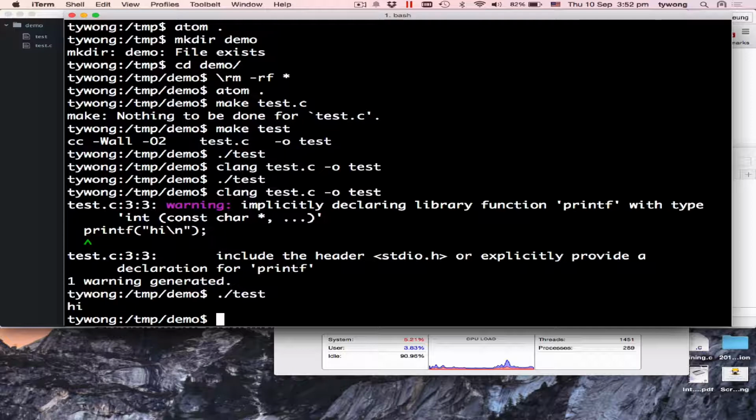So Clang is also a compiler, and some people already argue that Clang is better than GCC. Why? Because the development cycle in Clang or LLVM is much faster than the GNU C compiler, than GCC. Their development cycle is much faster in adopting new standards. And GCC, they are still disgusting. Okay, you don't know what I'm talking about. Okay, go ahead.